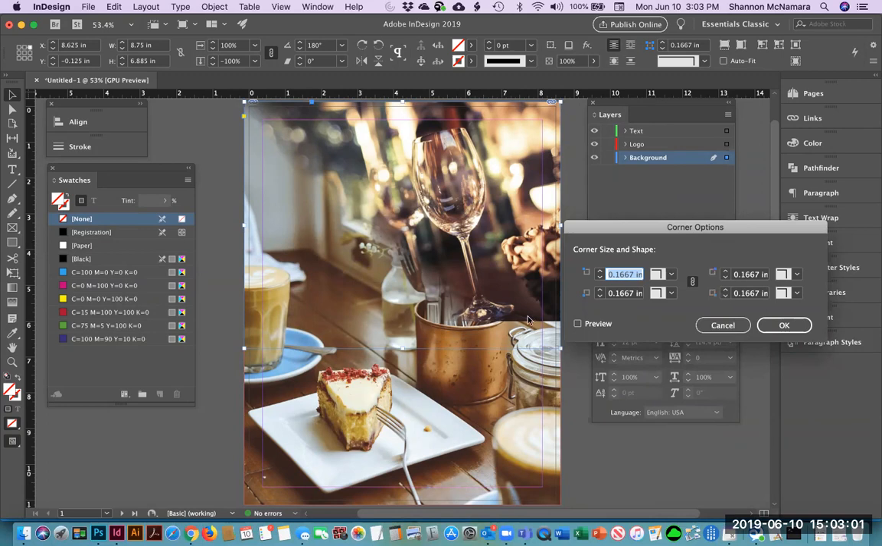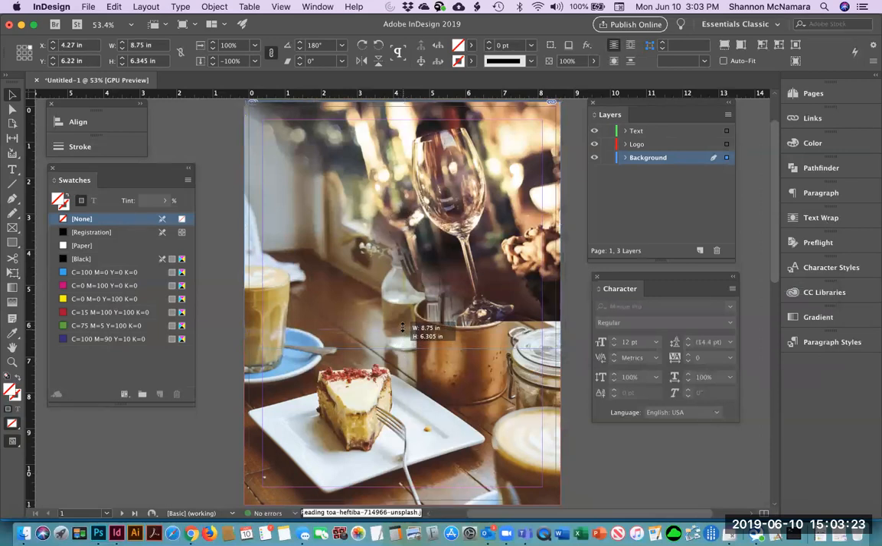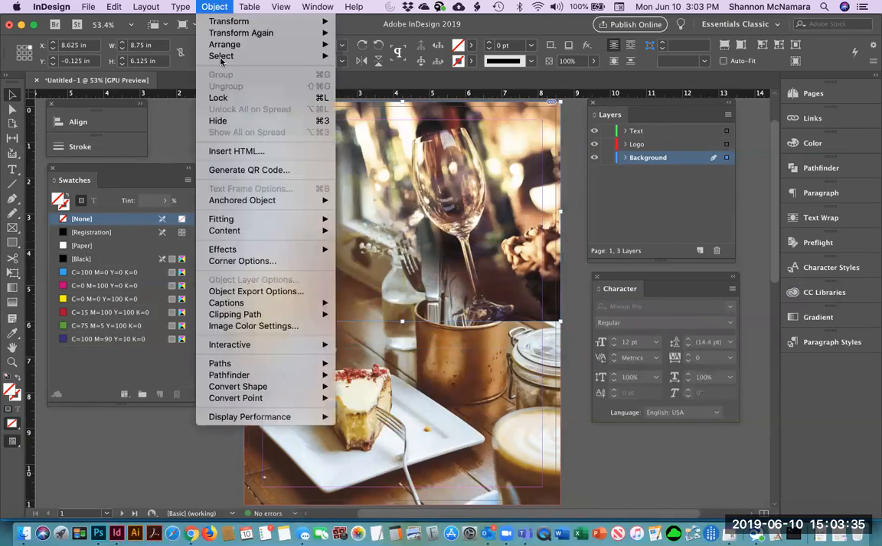I want to round off this bottom corner. And the reason why, I'm going to unlink these. The reason why is because I'm just going to have it a little bit rounder. I need to close this up just to the bottom of the photo. And the reason why is I want it to look like it's kind of rounding out of the picture, almost like a circle. So object,